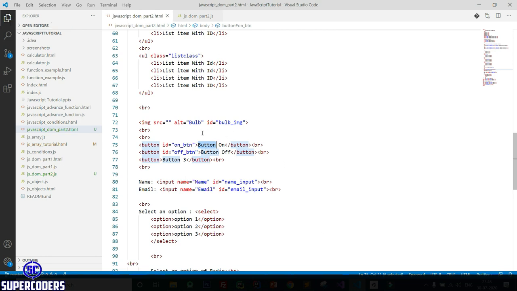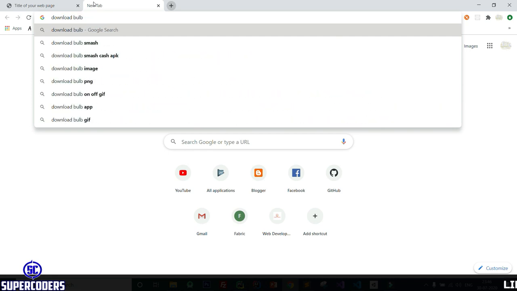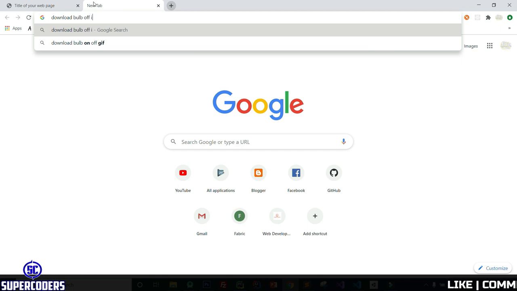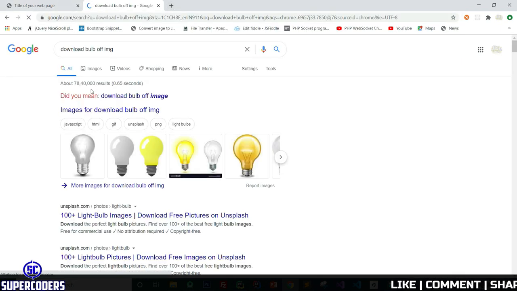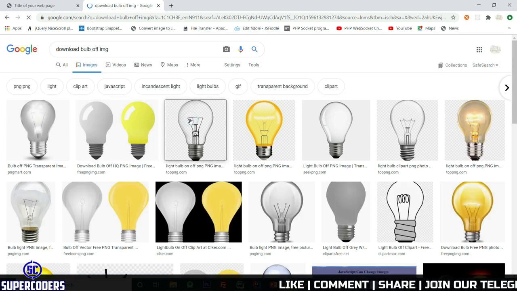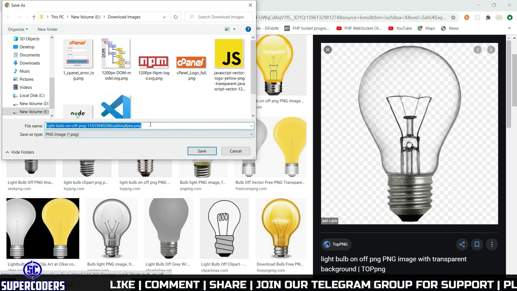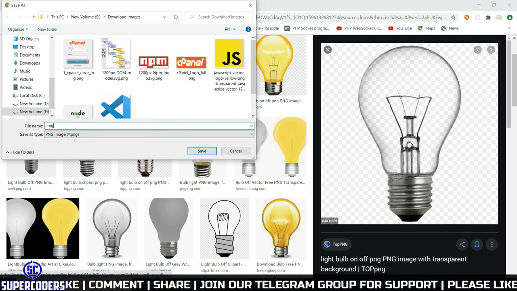So let's see a simple example. First download two images, one bulb on and the second bulb off. So come to Chrome, download bulb off image, and here you can see it gives me two images, the first is off. So download this image, save image, img off.